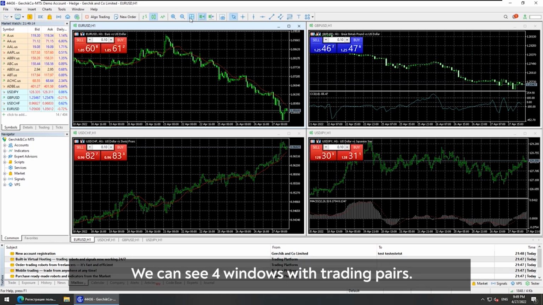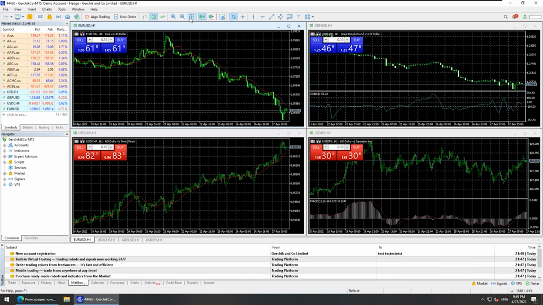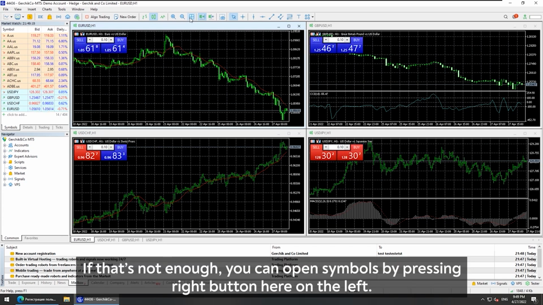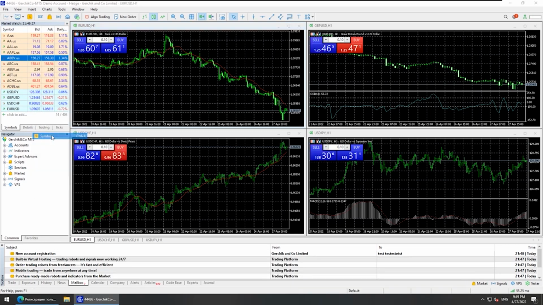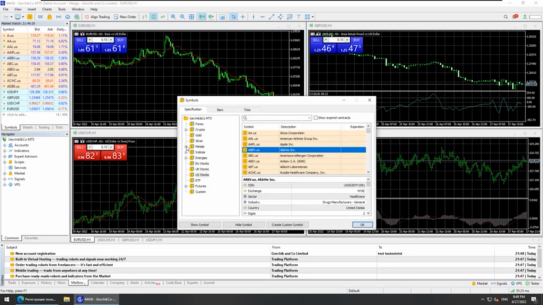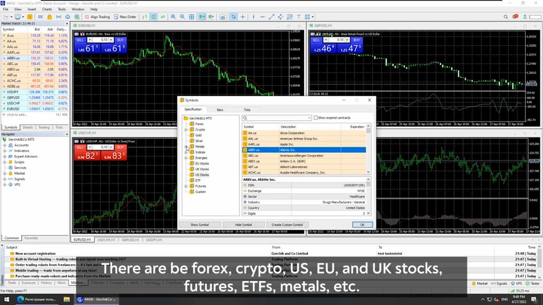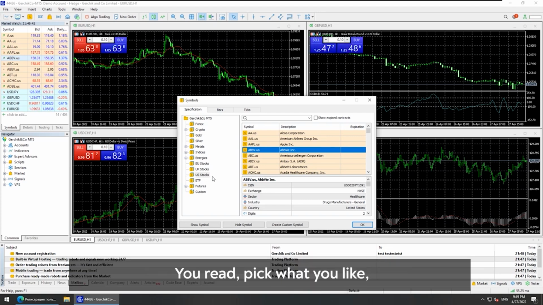We can see 4 windows with trading pairs. If that is not enough, you can open symbols by pressing the right button in the Market Watch window. There are Forex, crypto, United States, European and UK stocks, futures, ETFs, metals, etc. You read, pick what you like,